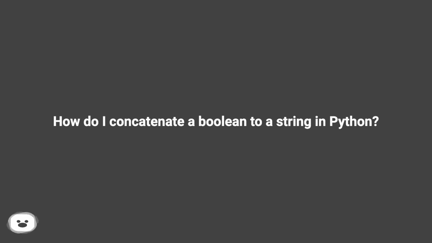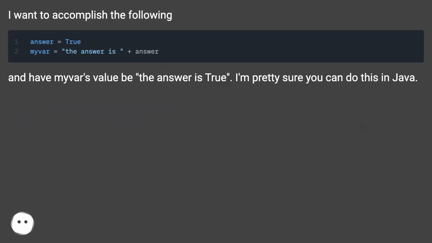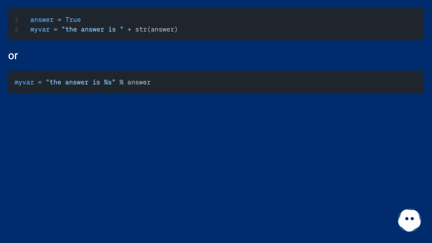How do I concatenate a Boolean to a string in Python? I want to accomplish the following and have my var's value be "the answer is True". I'm pretty sure you can do this in Java. Or